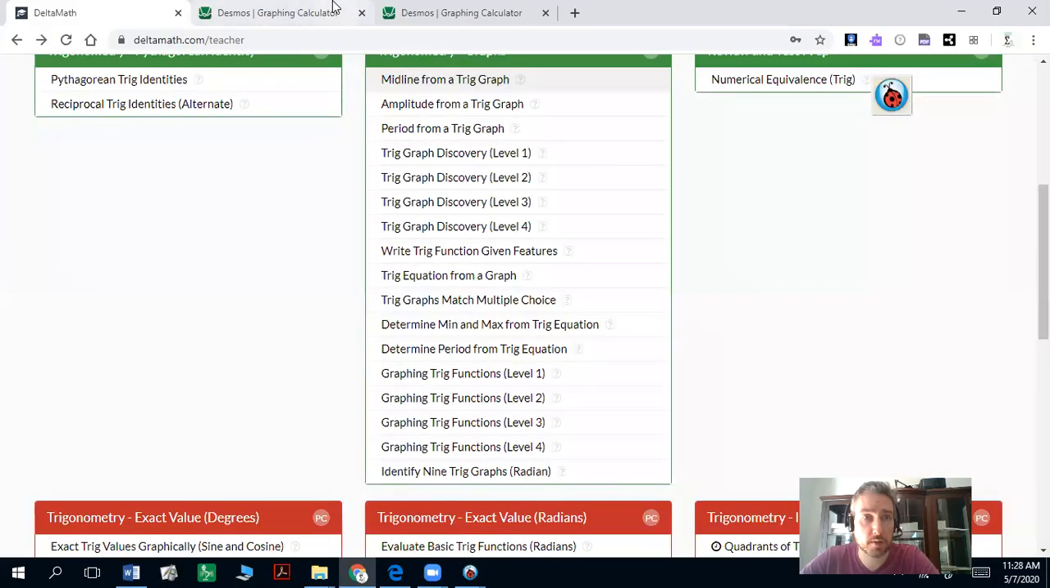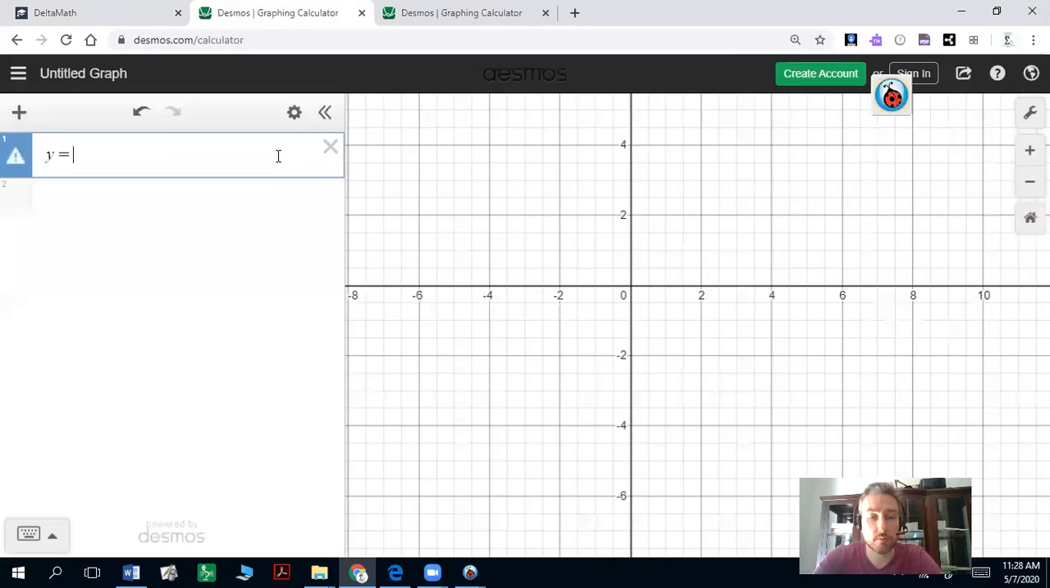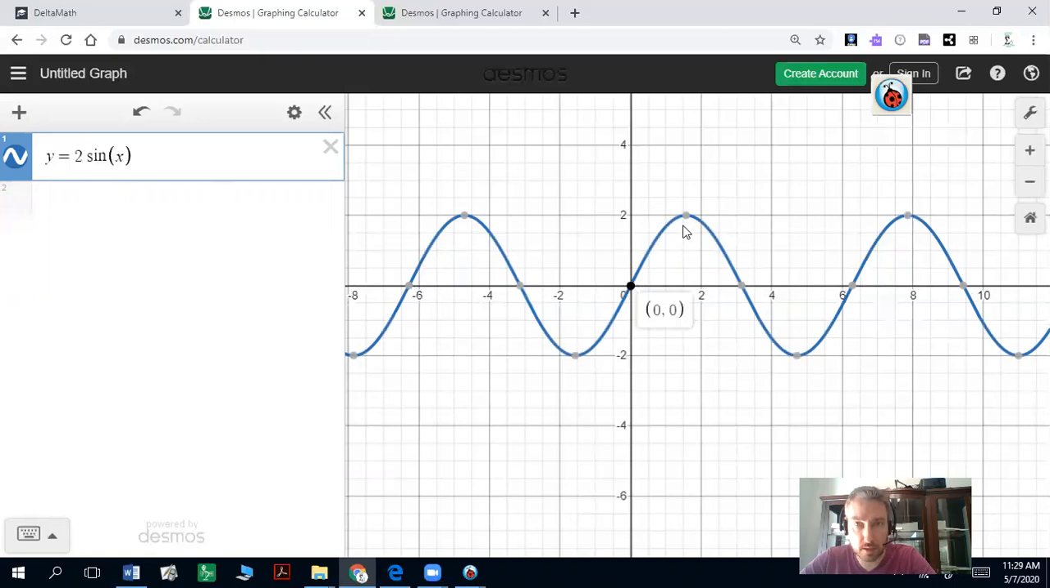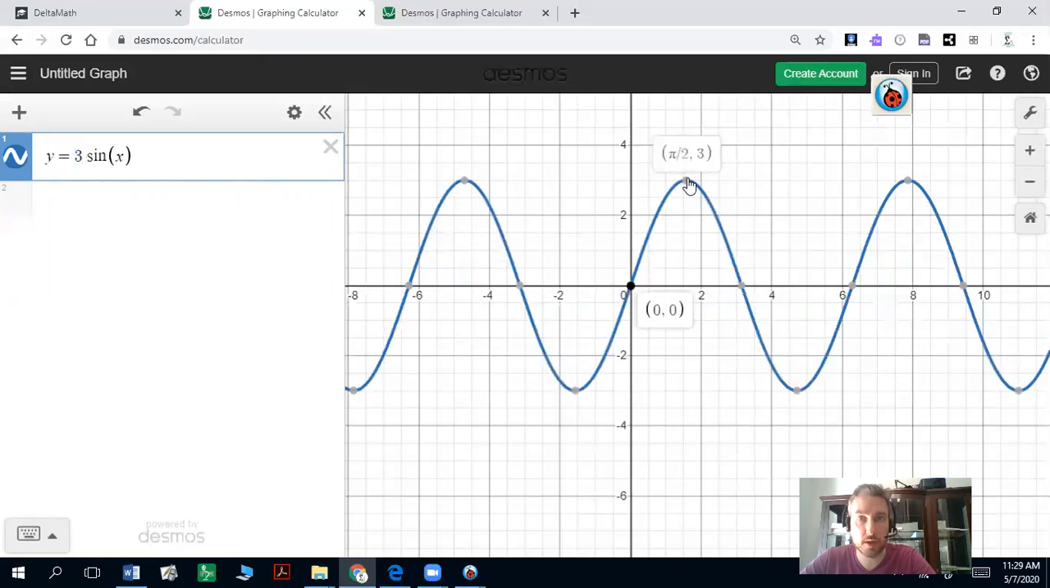So if I go back to Desmos and I do y equals sine of x, it's got an amplitude of 1 because it's starting at the midline of 0 and going up to 1. Well, if I put a 1 there, that's the same thing. So if I put a 2 there, it's going to go from the midline up to 2. So that amplitude would be 2. And if I put a 3 there, it's going to have an amplitude of 3 because it's going from 0 to 3. Whether that's a positive or a negative,